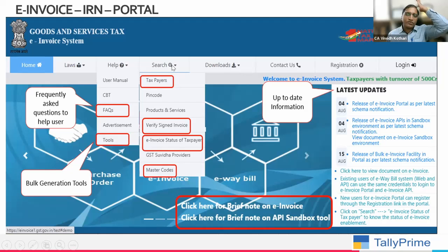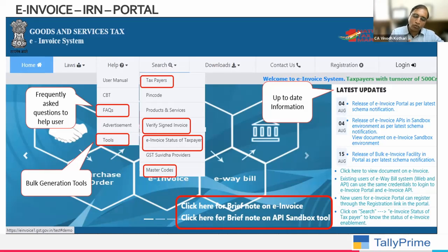This search area is a very, very important part for you to check. Many of them have a doubt whether e-invoice is applicable for you or your client or not. Normally, everyone doesn't remember, if they are on the border, say 9 crores, 10 crores, the exact turnover in the last 5 years, or you call for the details. Don't do anything. Just go to the e-invoice portal, go to the e-invoice status of the taxpayer, and type the GST number. It will tell you whether e-invoice is enabled or not required for this person, based on the GST return filed.